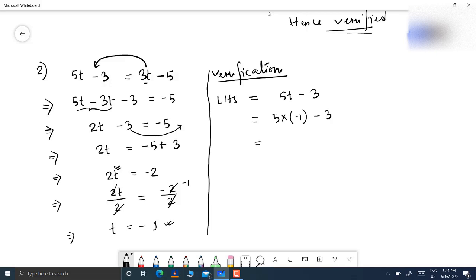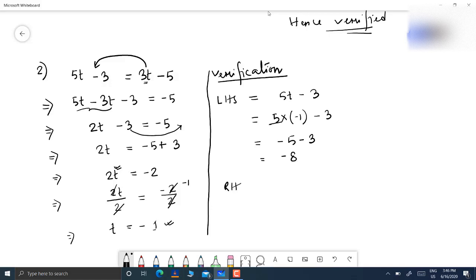The result will come as minus 5, because positive into negative term will be equal to negative ultimately. This is carrying a positive sign here. This is positive, okay? Then this is negative. So plus minus, their product will of course be negative. Then 5 1 are 5. Minus 3 is equal to, the operation is addition here, and the sign on the result will be negative. So it is minus 8.